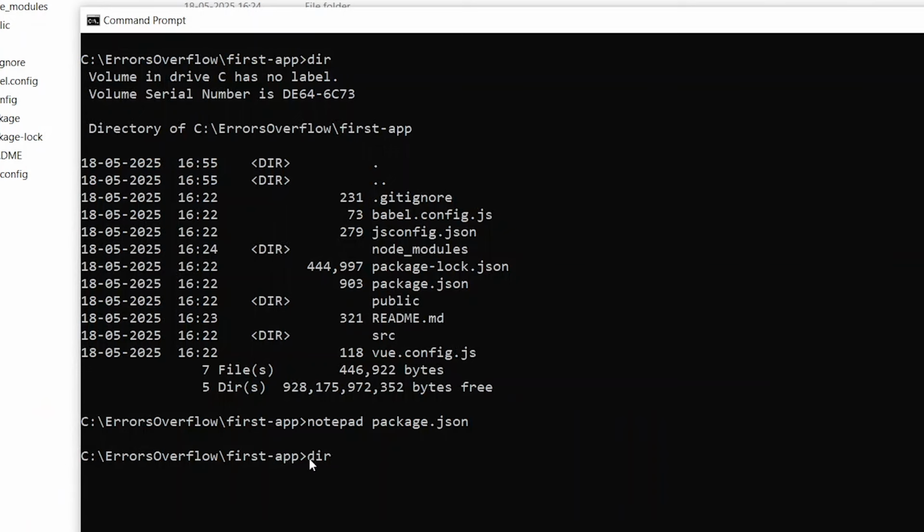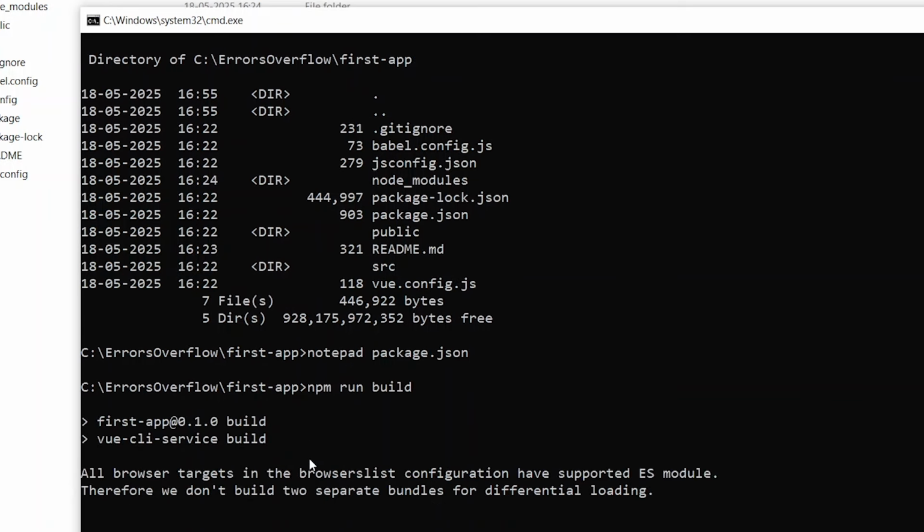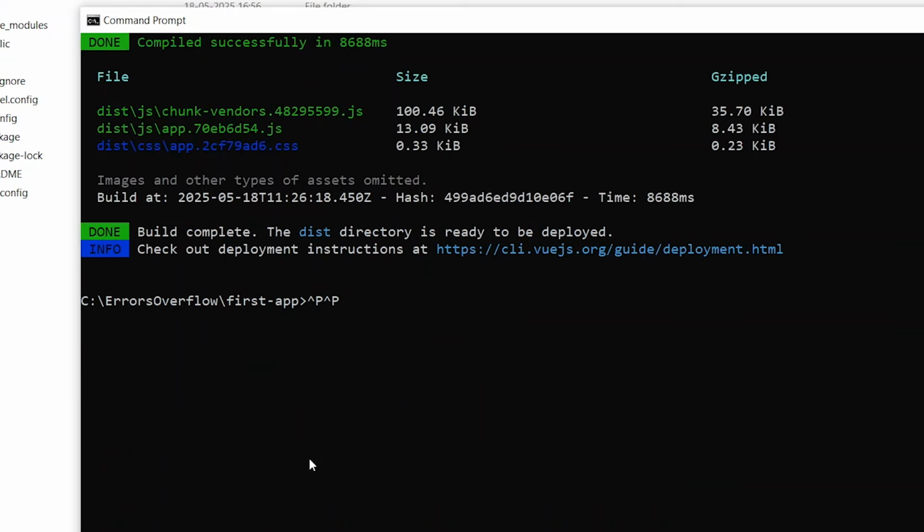Here we do npm run build. Build is completed and this directory is ready to be deployed.